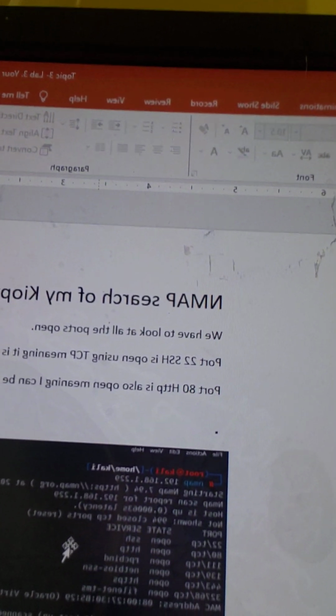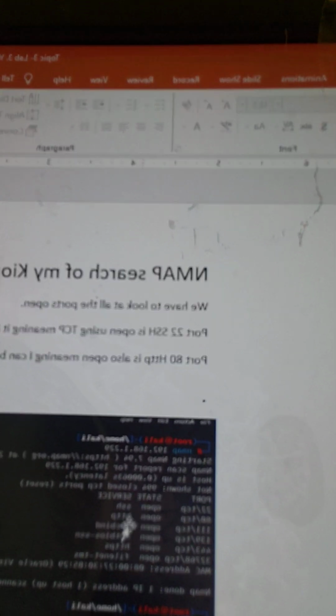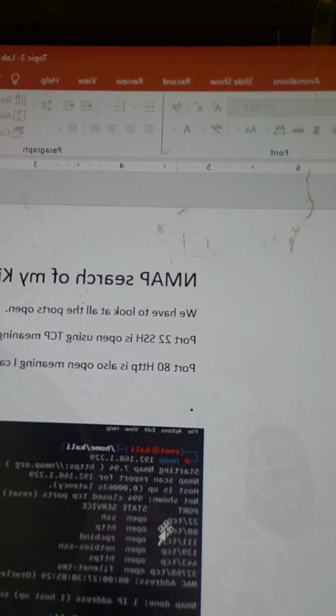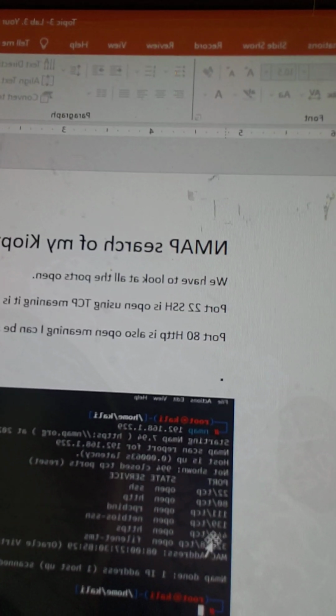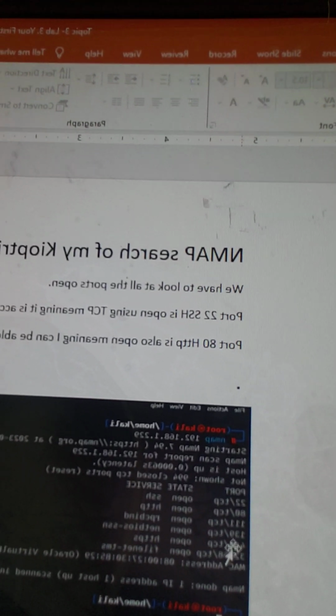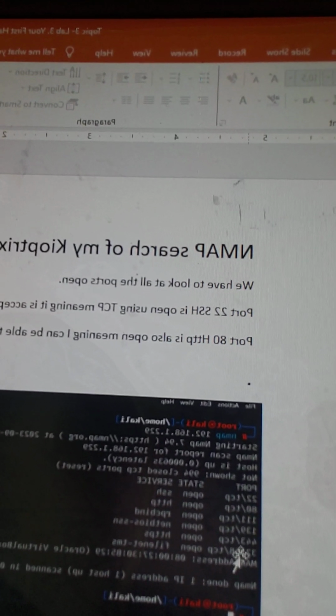So this is it. And here we can see that SSH port 22 is open and listening on TCP. And port 80 is equally open, that's the web. Port 111 is open. So I'm sure it's a remote port, as well as 139, which is NetBIOS, 443, which is HTTP secure,